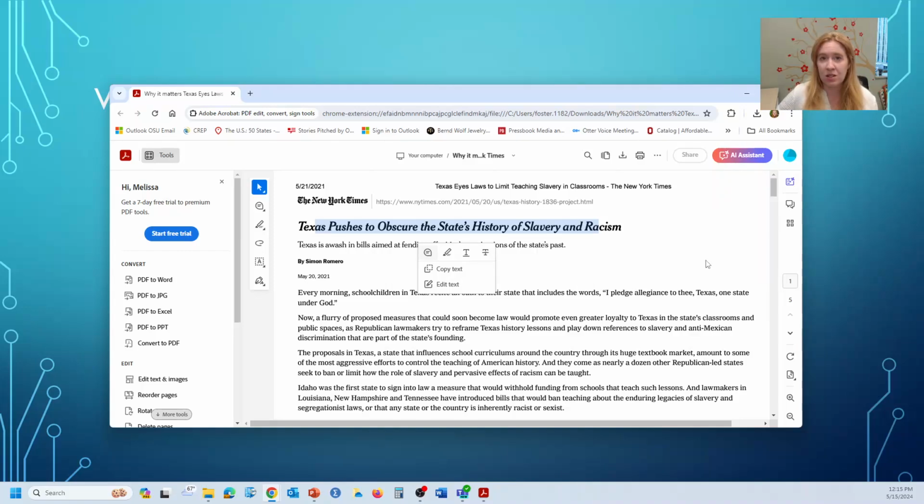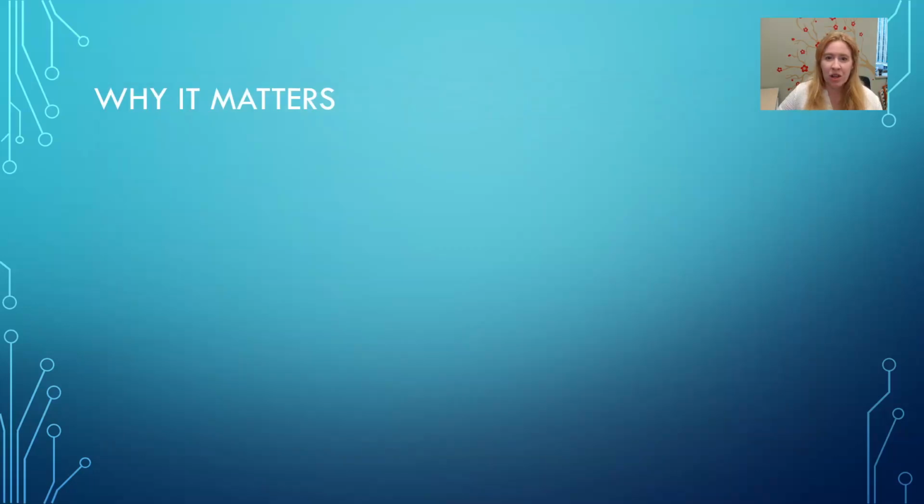I think that history is really important, in part because I teach history, so I see how having a shared understanding of what happened in the past that got us to the world that we're living in today is really important for us to make decisions about the world that we're living in today. So there are many examples of how learning about history is really important for the world that we live in today. This is just one such example.